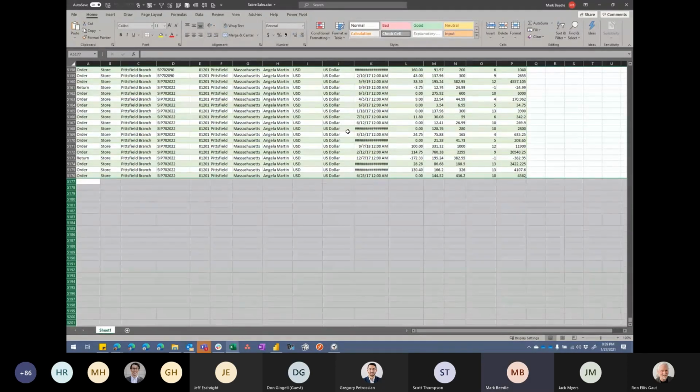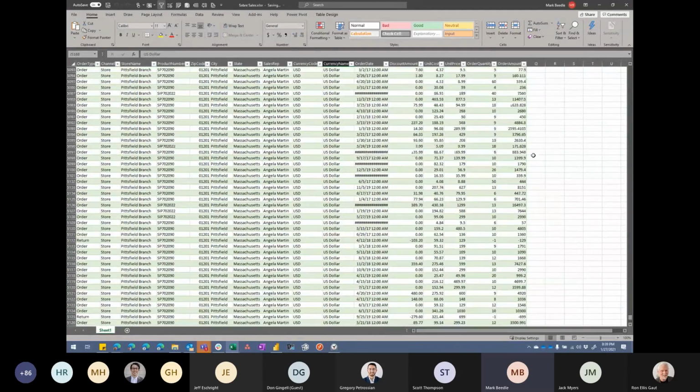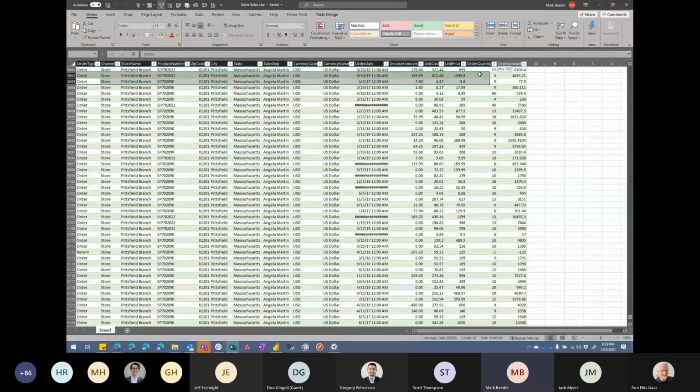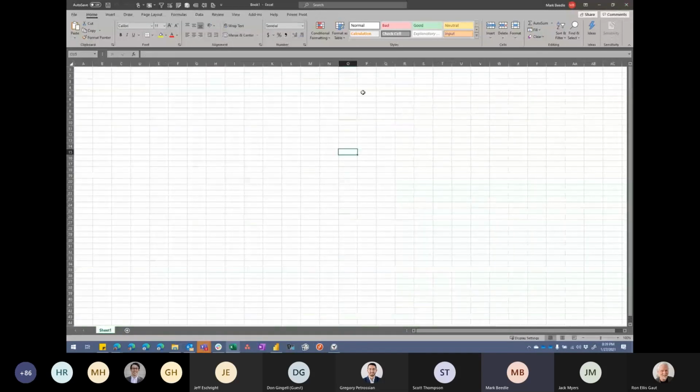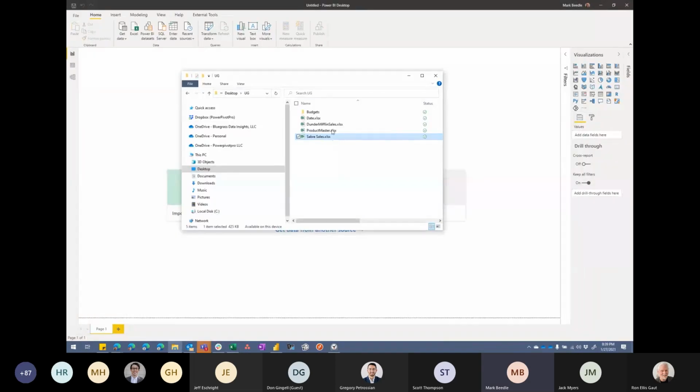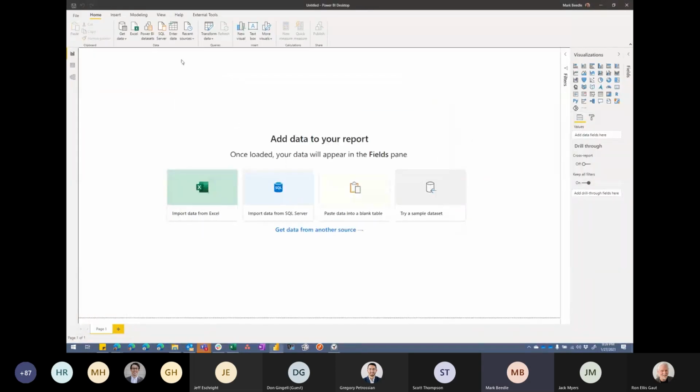So I got this Sabre file. It's not nearly as bad, right? I've got quite a few less columns, but I've still got stuff mixed in. I don't need city, state, zip code, all these things in here. So that's kind of where we landed. That was the compromise that Sabre came up with to give me a data feed from their system. So I'm going to go ahead and try to build out a data model from that.